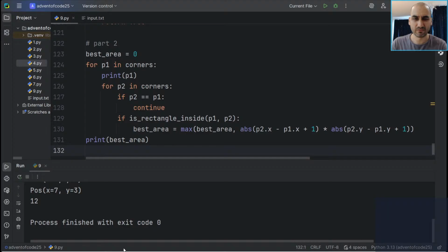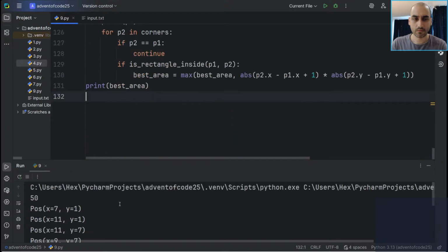And we got 12? It's like half. Interesting. So the correct answer for the first part was 50. So let's print